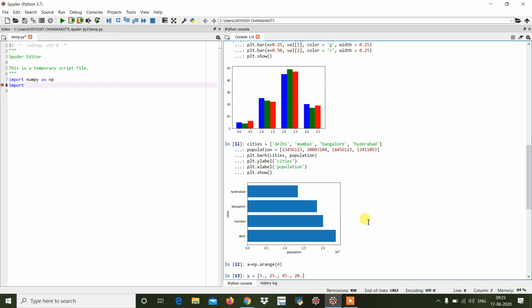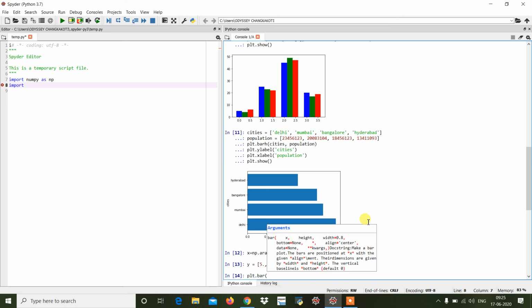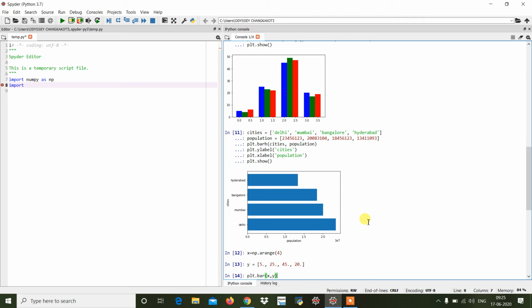Okay, so in this way you have created the list or the array for y. Press Enter. Now plt.bar, within brackets x comma y, bracket close,